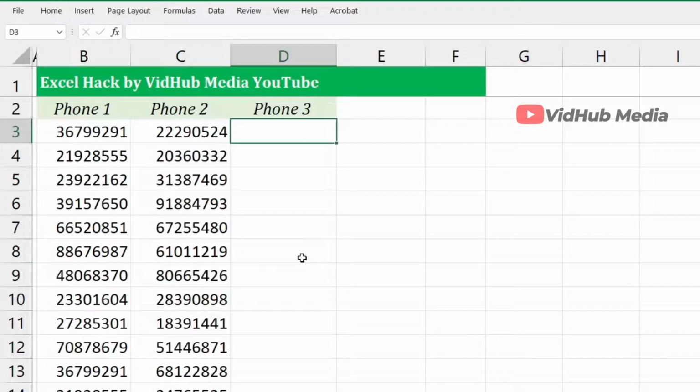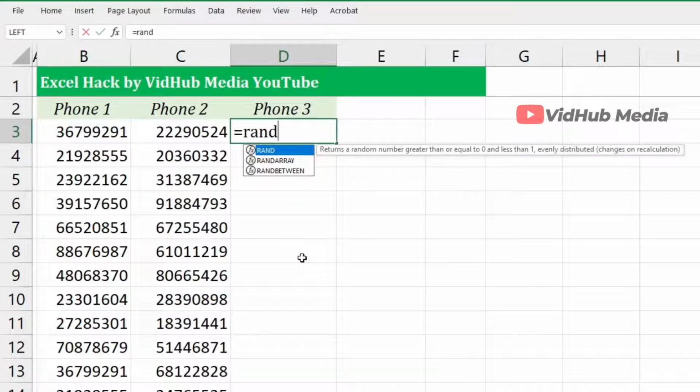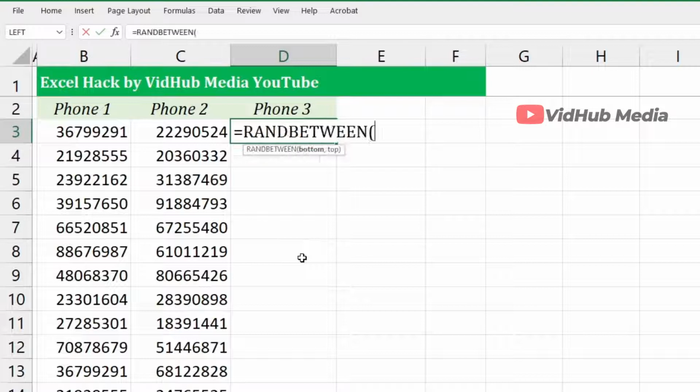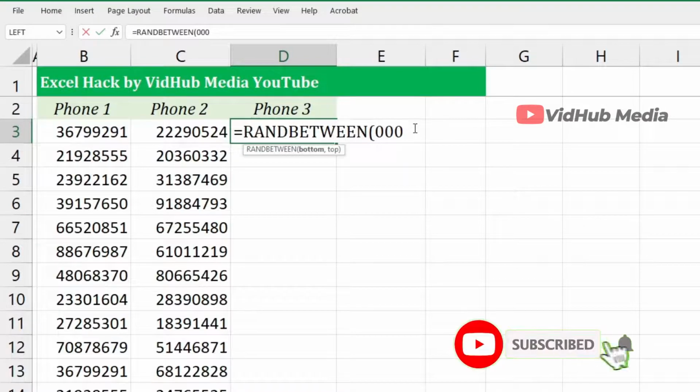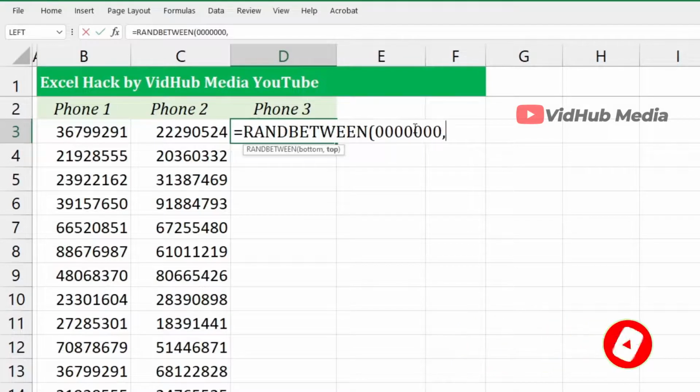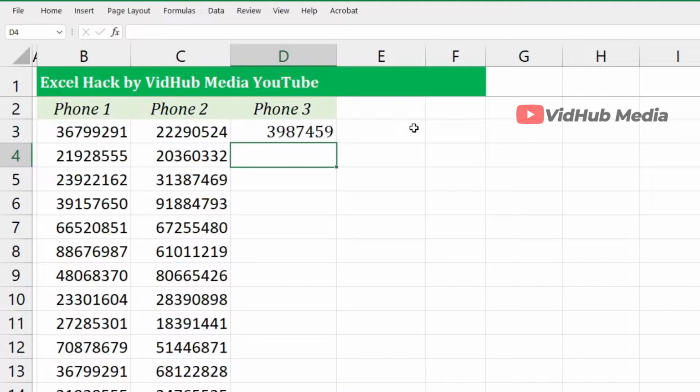Okay, let's do it here for 7 digits, for example, RANDBETWEEN. So for 7 digits, 1 2 3 4, or you can start from 0 0 1 3 4 5 6 7, start from 7 digits and 1 2 3 4 5 6 7 digits. So we got something like that. So we got the RANDBETWEEN,